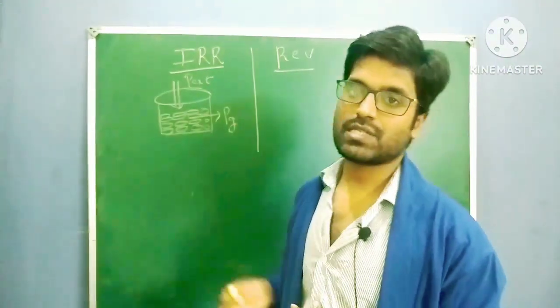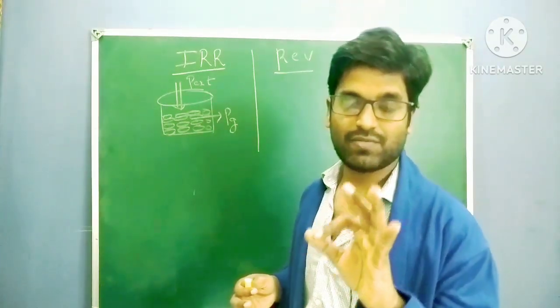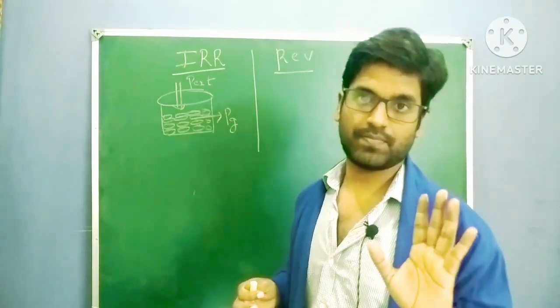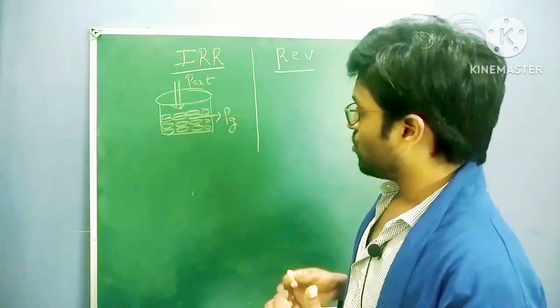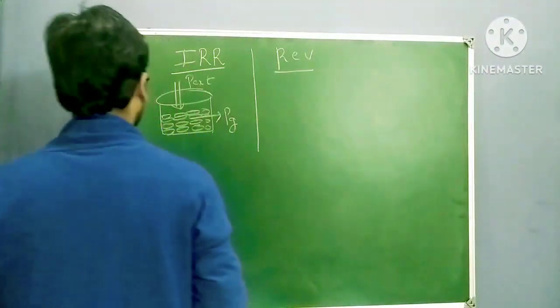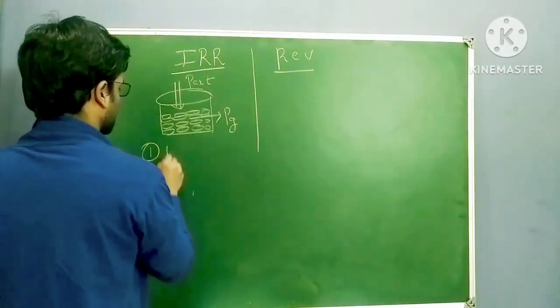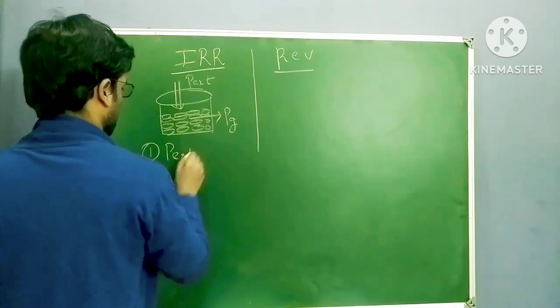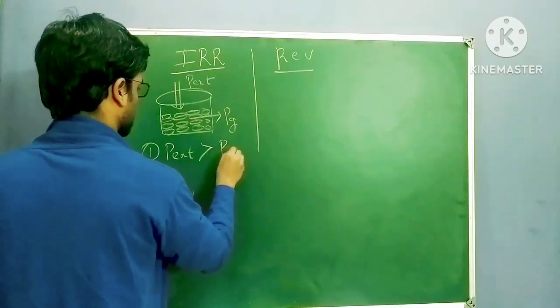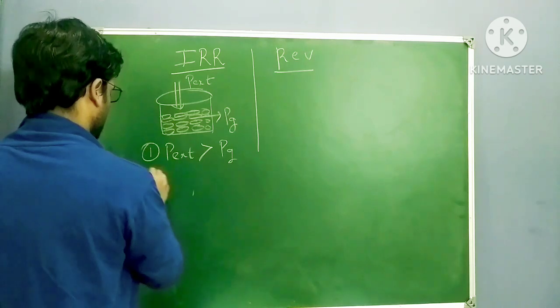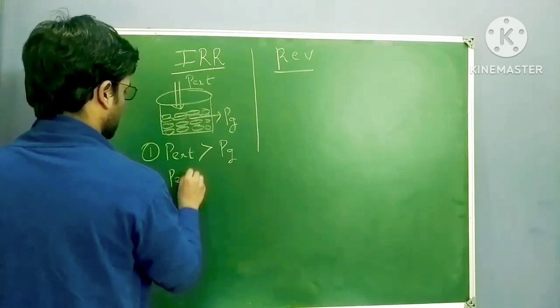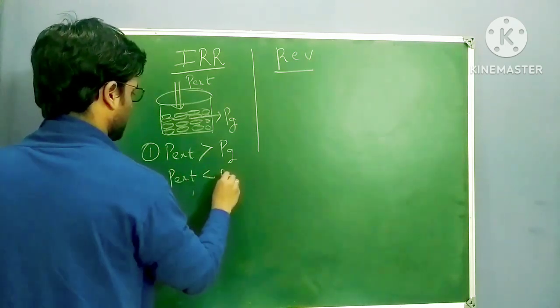Whenever we have an irreversible process, external pressure is not equal to internal pressure, right? So here two conditions. One condition is external pressure might be greater than internal pressure, or P external less than